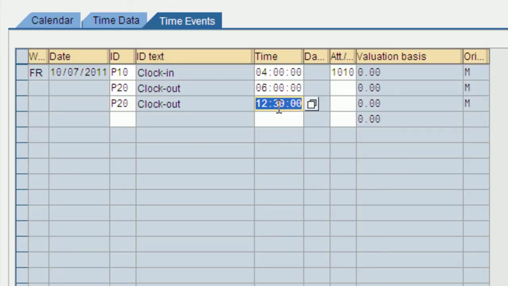Okay, so we can see it reorders the punches for me. So in this case, now I've said he's on training from 4 to 6, but now I have 2 clock outs in a row, which is not something I want to have. So I need to put another clock in at 6 o'clock to say from 6 to 12:30, he was doing his normal working time. So I'm going to click into the free space again. I'm going to type my P10. And then I'm going to come over here and I'm going to enter 0600 again. Once I do that, I'm going to hit enter,